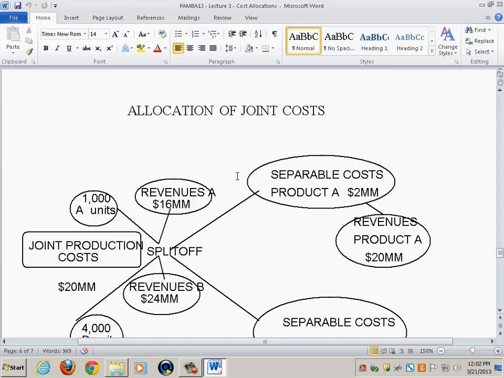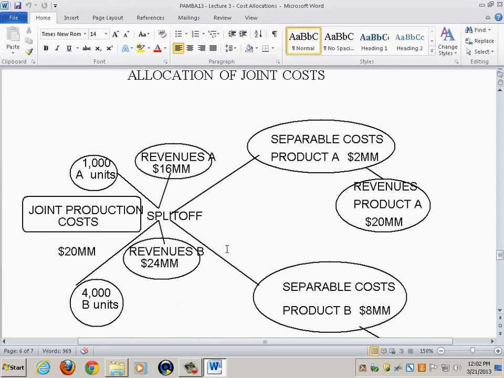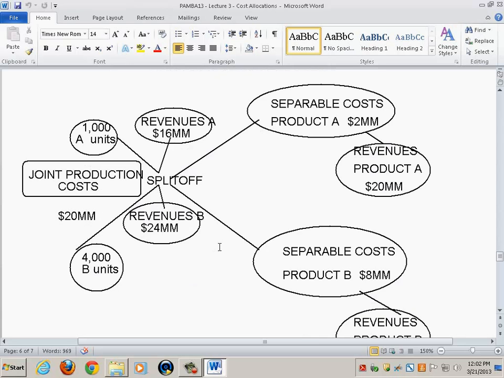Well, we need to know them because we need to know the methods that are most commonly used, so we understand how they are used, and we will acknowledge that they are arbitrary and capricious, but that's that. So let's go through an example to illustrate the most common methods used. And in this chart here,